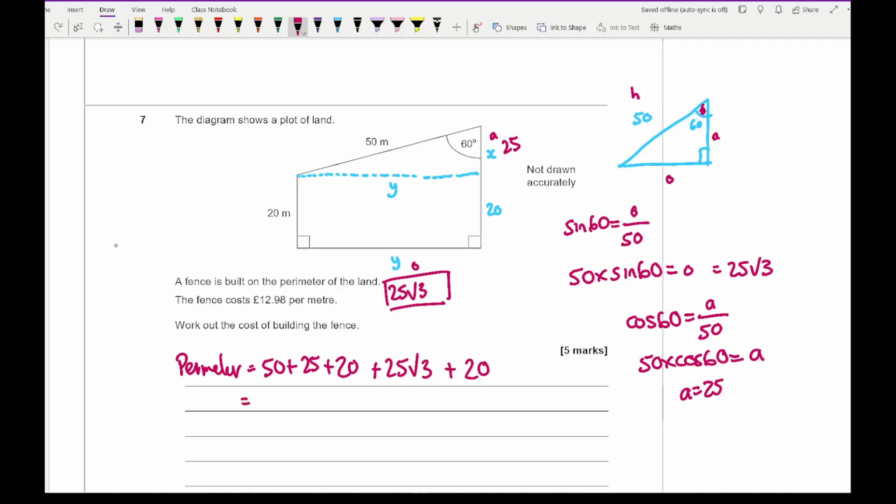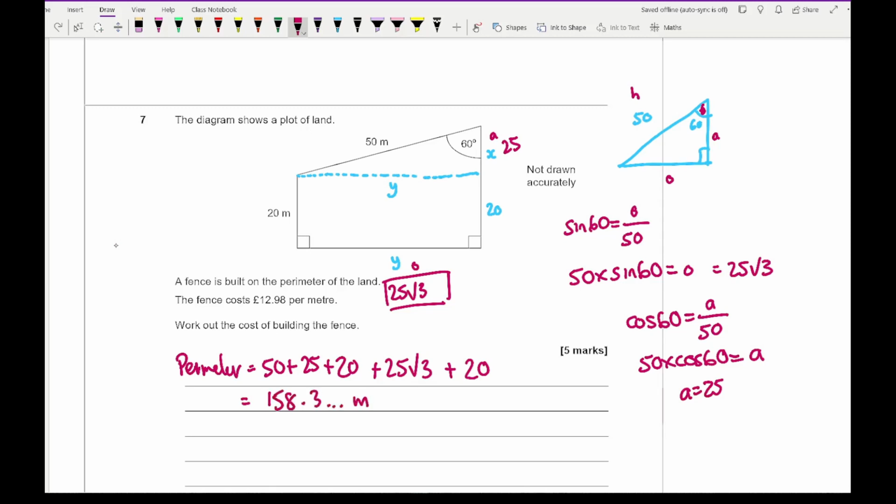And so if I add up all of those numbers, so 50 plus 25 plus 20 plus 25 root 3, plus 20, I should get an answer of 158.3,